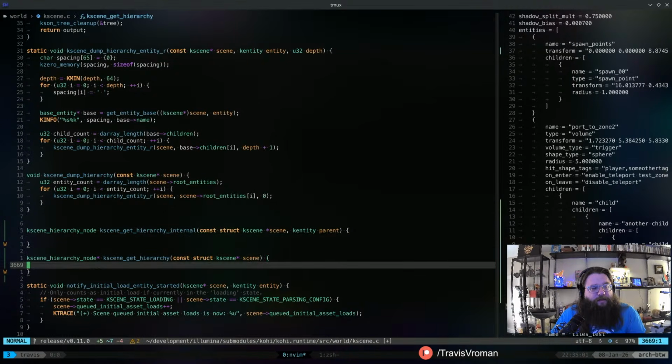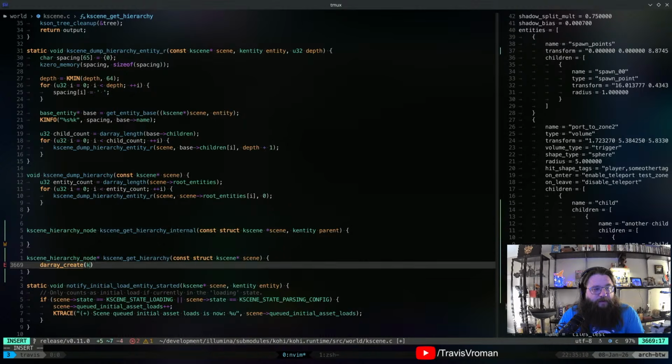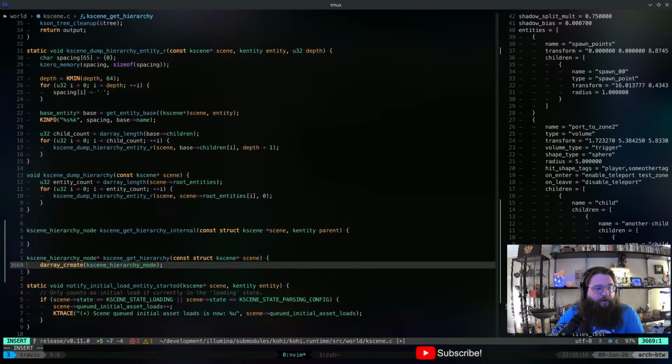And then when we come back here, we're going to add the result of that to the array, right? So we'll say a D-array create K-scene hierarchy node. And we'll just call that nodes,